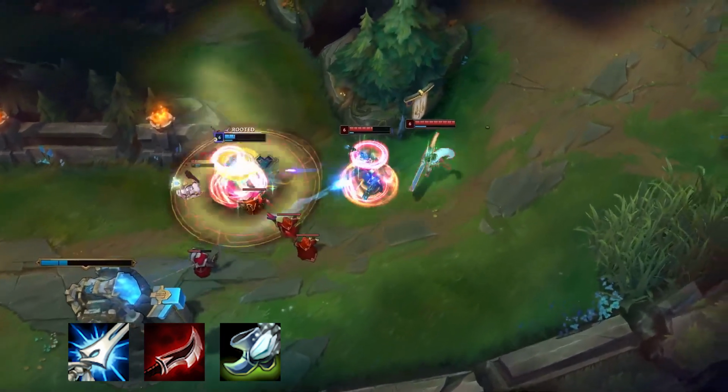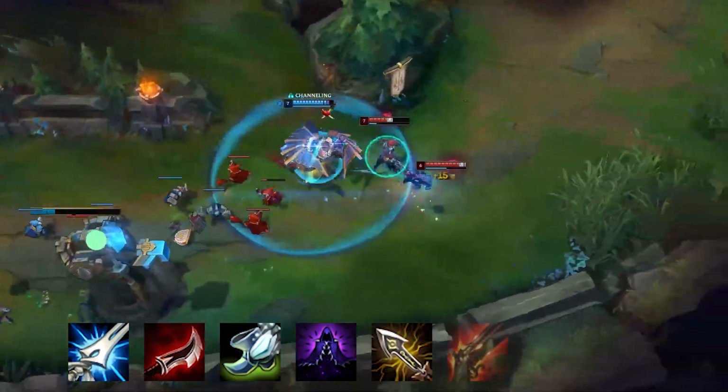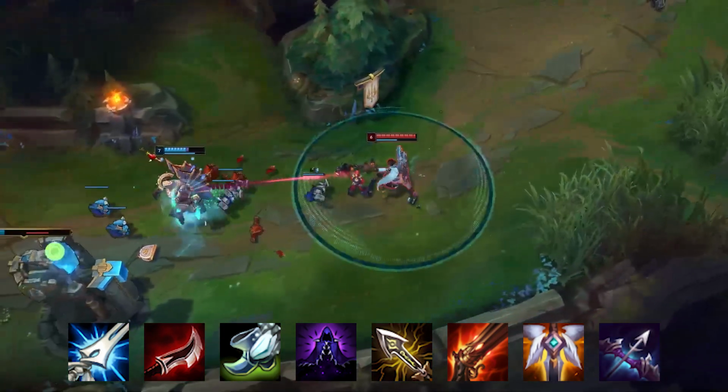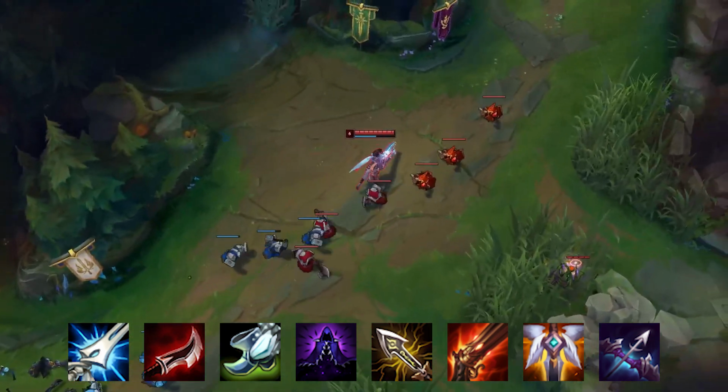for Senna. Following the core build, you have options such as Edge of Night, Infinity Edge, Rapid Fire Cannon, Guardian Angel, or Mortal Reminder. Edge of Night and GA are safer options, IE and Rapid Fire are offensive items, and Mortal Reminder is needed